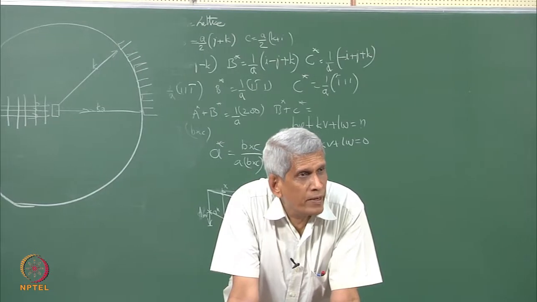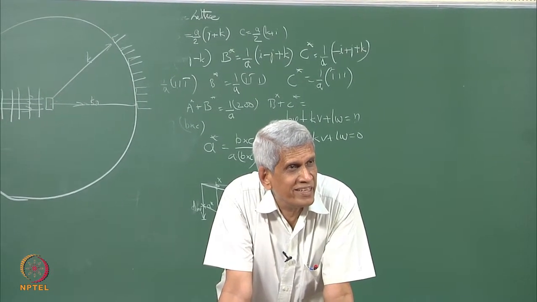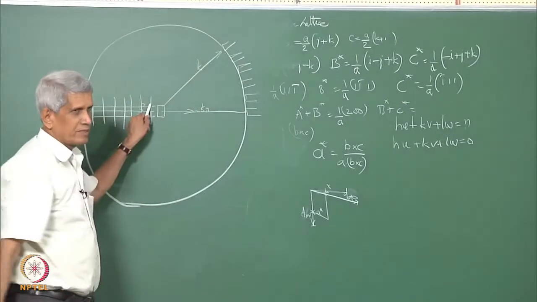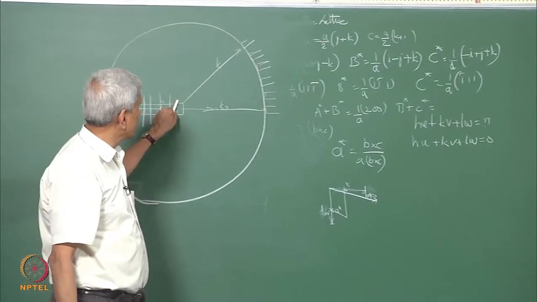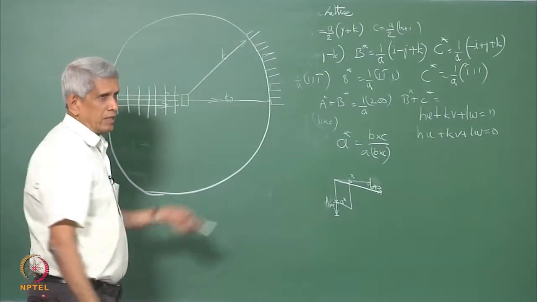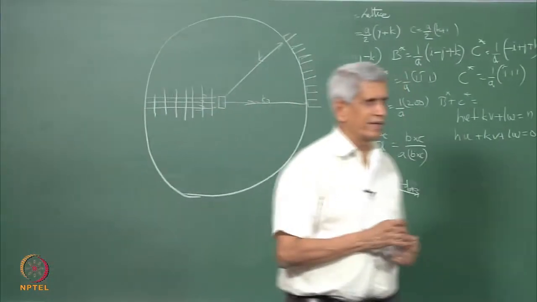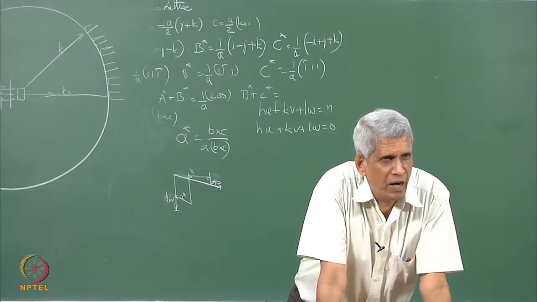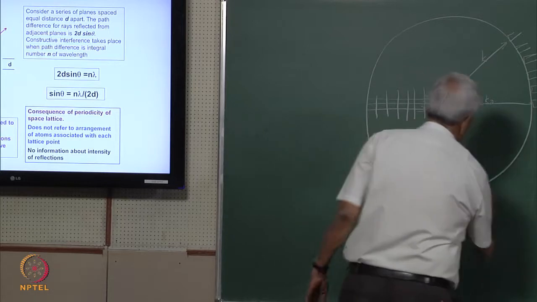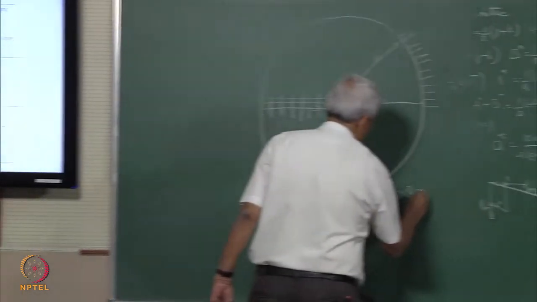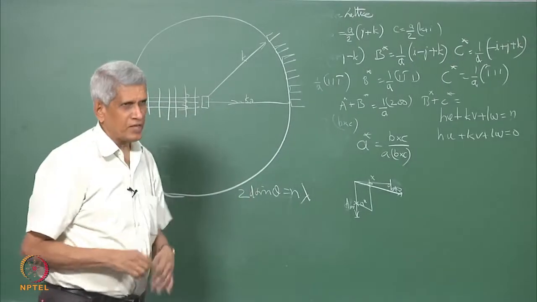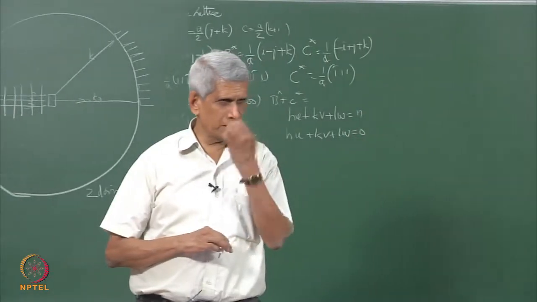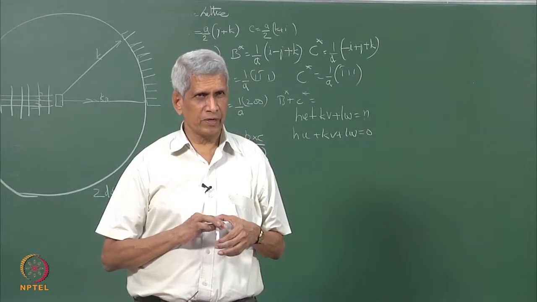Do you expect this to happen in a sample if we do a diffraction? That is, you allow the beam to fall on the sample's surface, and around 4 pi, at different positions on the surface of the sphere, there will be intensity maxima or minima. So, essentially 2d sin theta equals n lambda. If this condition is being satisfied, and there are many methods in which this experiment is carried out.